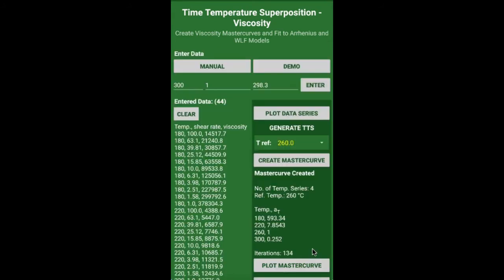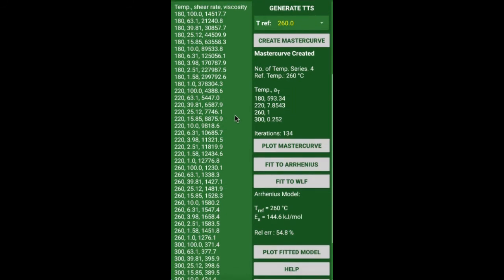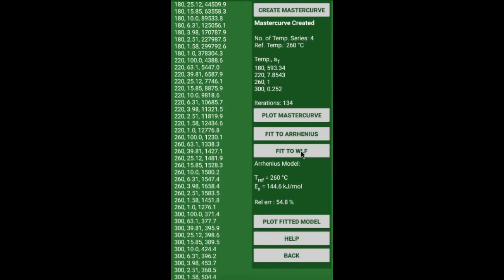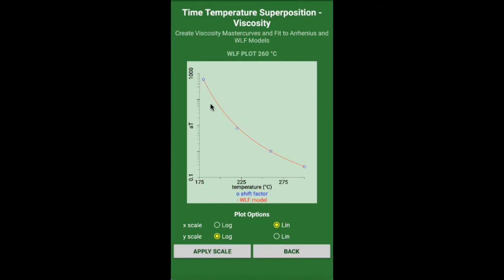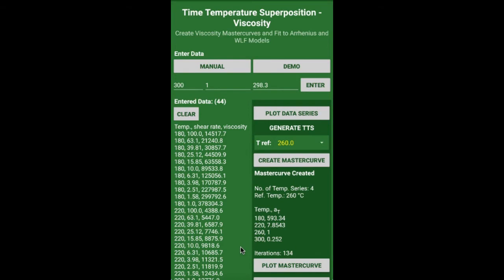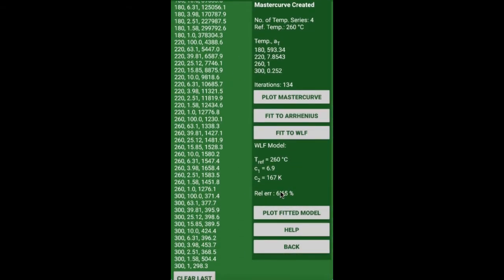So we choose the WLF model to see how that fits the shift factors. As we press Fit to WLF, it gives us a much better fit in terms of relative error. We also look at the plot and find that the WLF model nicely fitted the shift factors. So we will go with the WLF model to describe the temperature dependence of the shift factors of our material, and our model parameters are C1 equal to 6.9 and C2 equal to 167 Kelvin, corresponding to a reference temperature